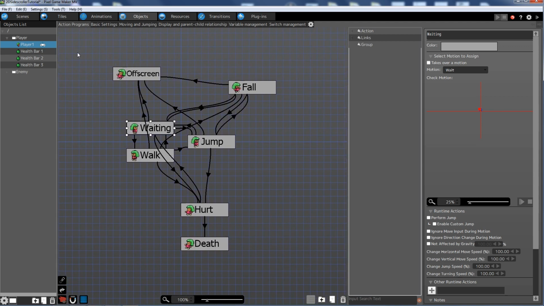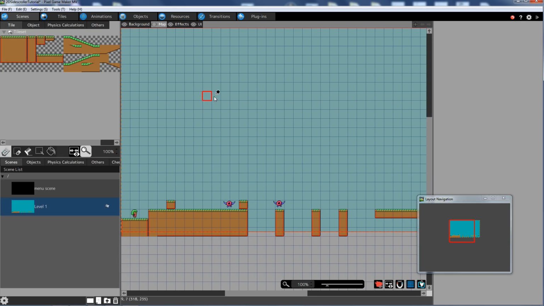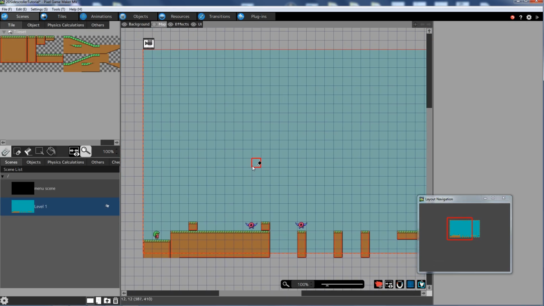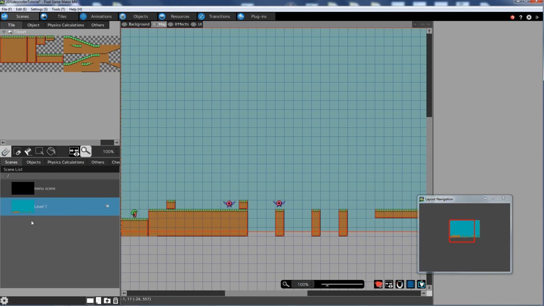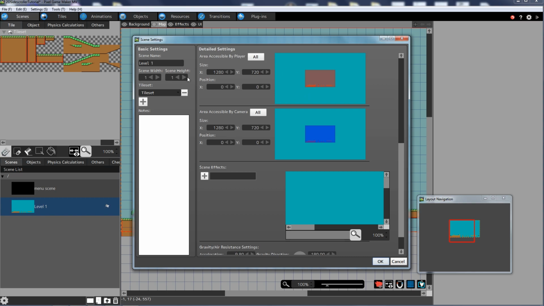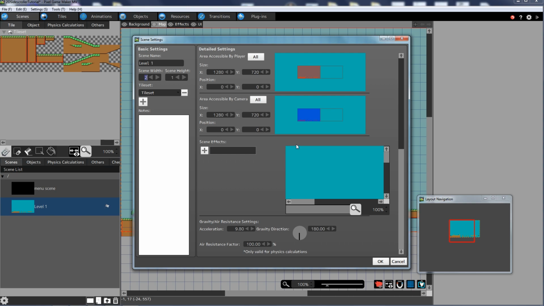Now that we've got the apple, the health bar, the player animation, all we've got to do now is actually put them into our scene. So, back to our scene. This scene's not super big, so we're actually going to change the settings of this scene. And the way we do that is we just right-click the scene here and go to scene settings. Okay, now here we can change it to be 2 widths long,